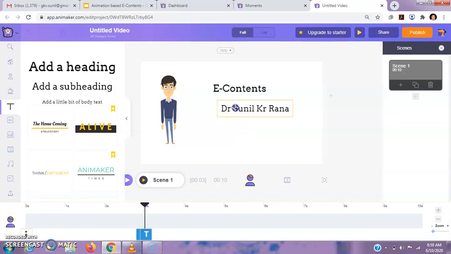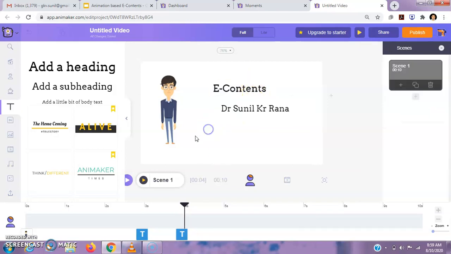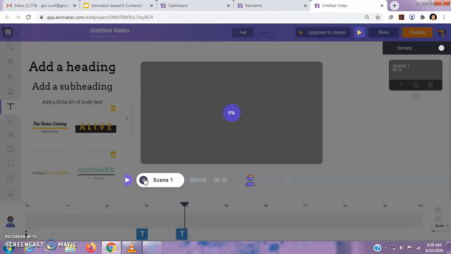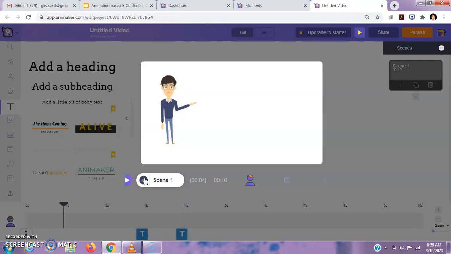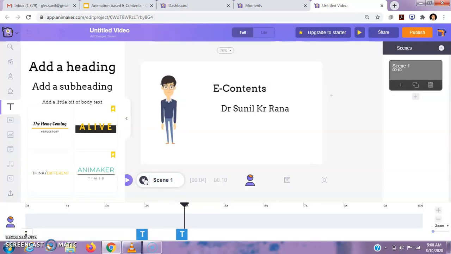Now if we require that both texts appear together, then we take this, and if we want the second text to come after some particular time, suppose 1 second later than the first one, then we make this second, and let us check. So we can see that the changes we made look good.